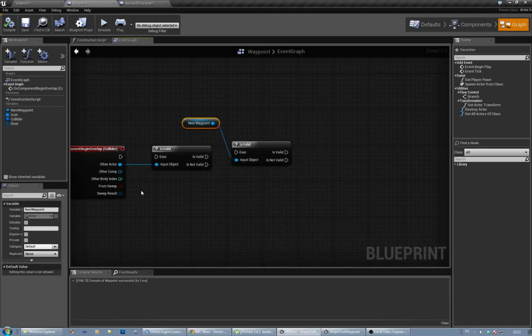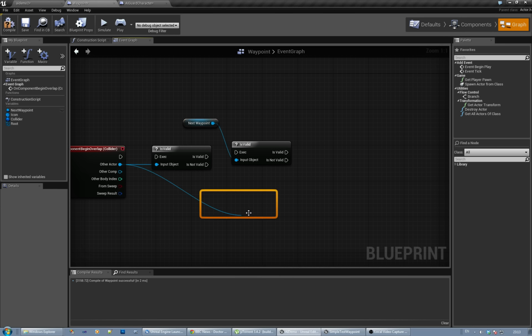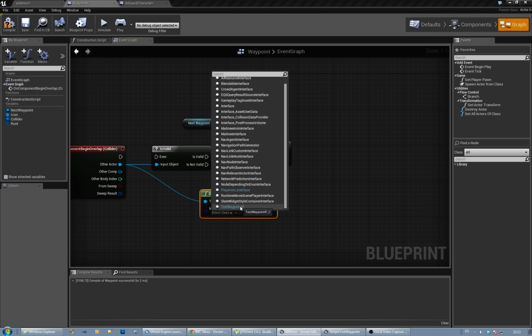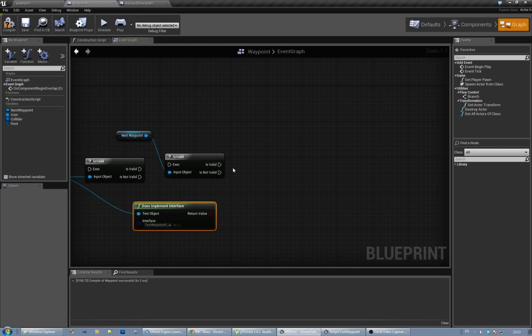If we come here, there's a node called does implement interface. This node says, does the actor that we're using implement the specific interface? And we're going to look for test waypoint interface. So what we're saying is, if this thing that touches us implements a specific interface,